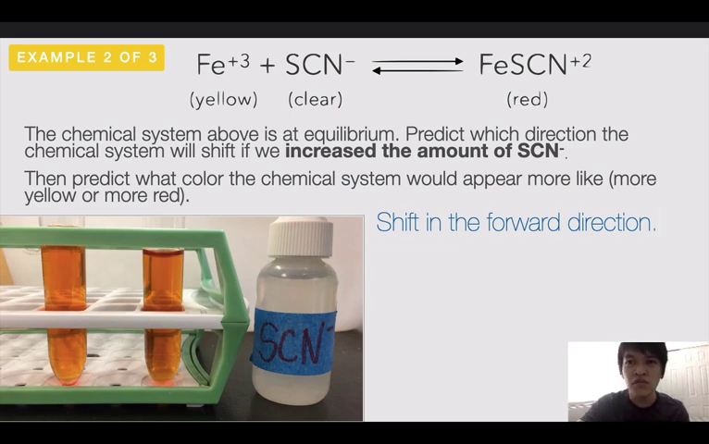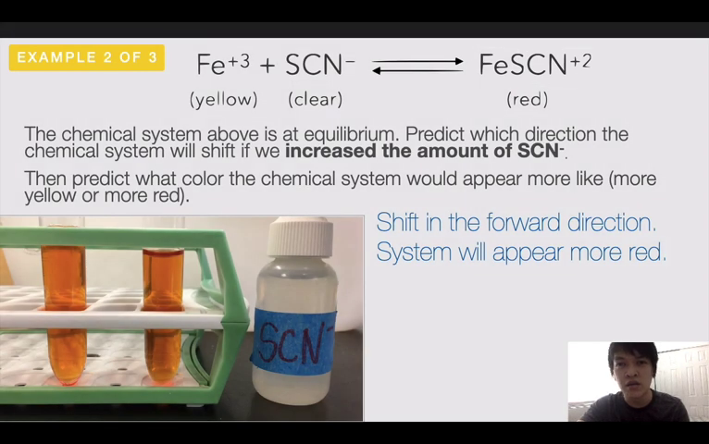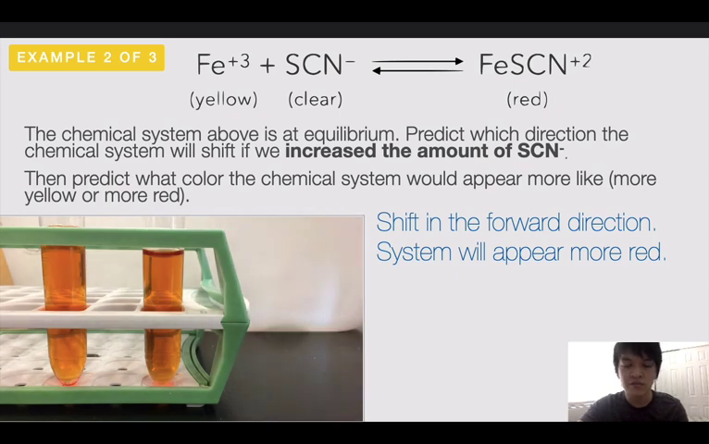If the system shifts forward, that means the system should appear more red because FeSCN plus 2 is red in color. Let's see if our prediction is true. Yep,